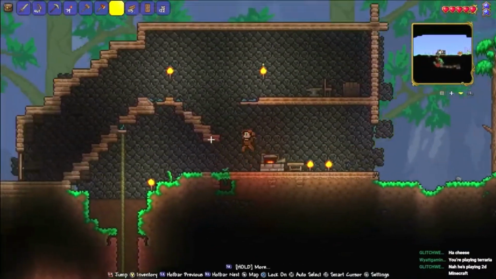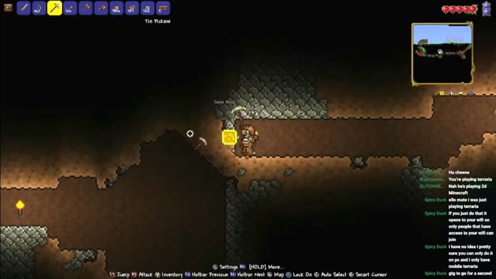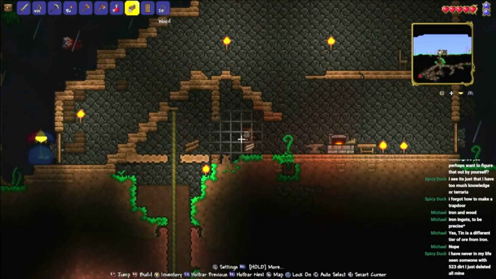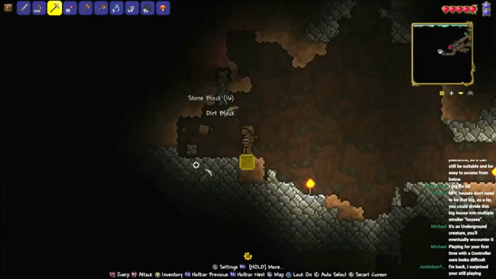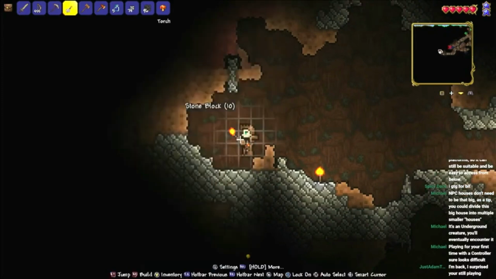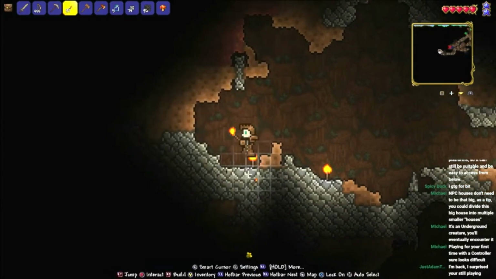So I first actually made a little tunnel system to my old house and repaired it. Then I repaired my other house. And then I basically just went mining the entire rest of the stream. But upon returning to the surface,